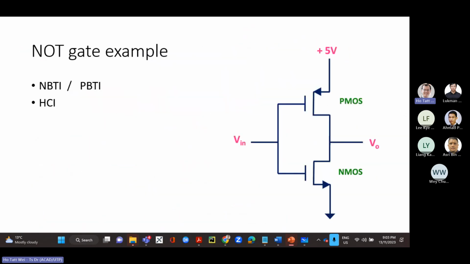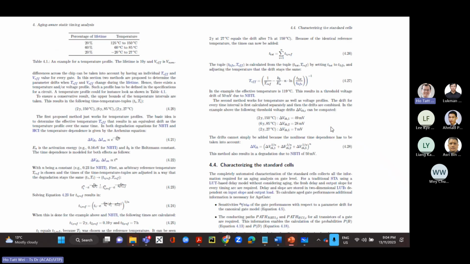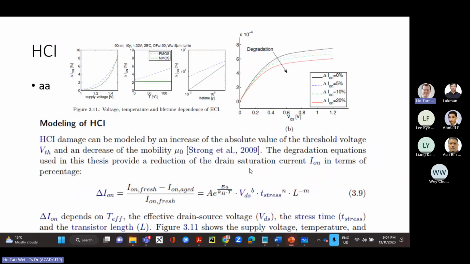So here, if you look at the NOT gate, VDS is also roughly about 5 volts. But where you start to see a difference is when you have a chain of series gates. Let's say you have a NAND gate or NOR gate. When you have two transistors in series, the VDS is going to be less, because the transistors are probably going to be the same size. So roughly it's going to be half of VDD if you've got two in series. If you've got three in series, it's going to be 1/3 of VDD. So NAND and NOR gates will have slightly better HCI than NOT gates because the VDS will be reduced by the number of transistors in series.